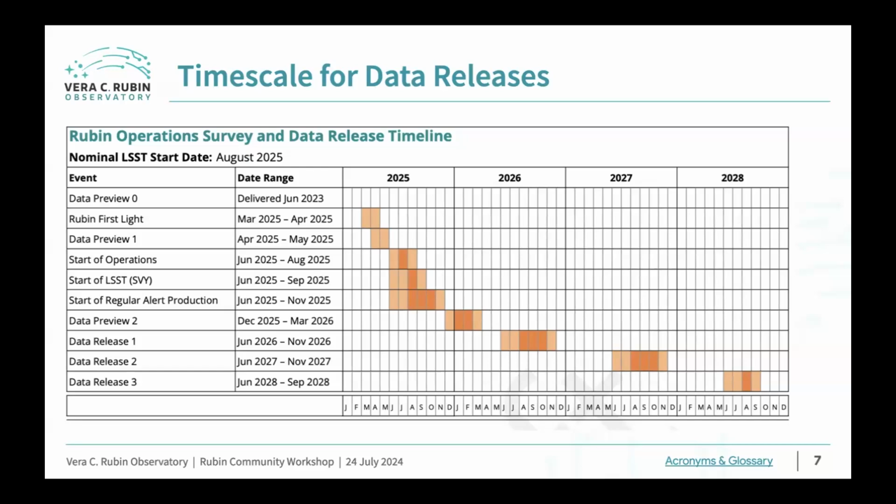After Data Release 1, we then go on to roughly annual cadences with Data Release 2, 3, and so forth, right through to Data Release 11 in the survey. The focus today, as I've just said, is going to be on how we can work with the community to get feedback on these data releases, so that we can make sure that each successive data release includes all those improvements. Okay, next slide.